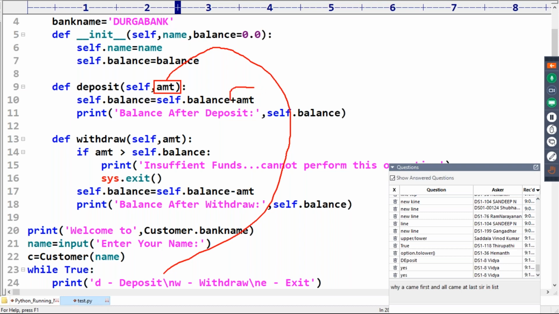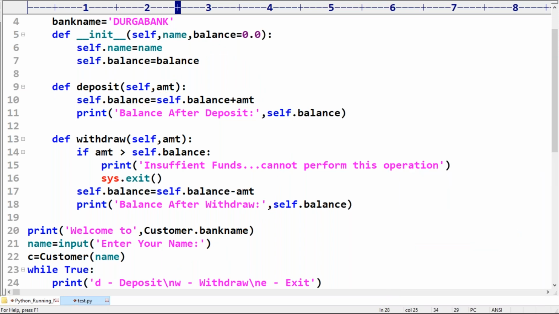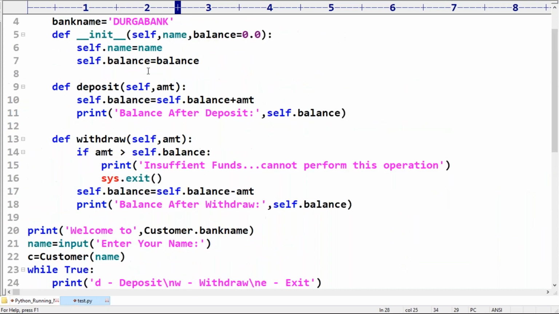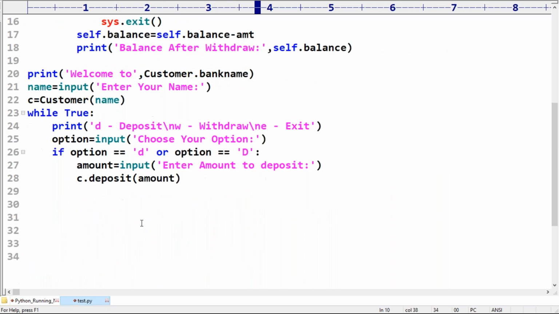Now this amount will be added to the current object's balance variable. But make sure that since you are performing mathematical operations, you typecast the amount to float type.